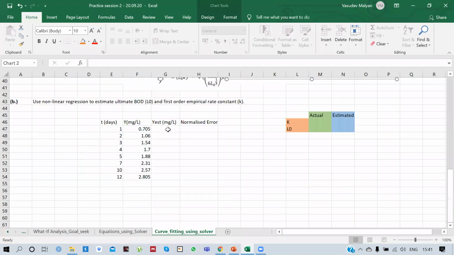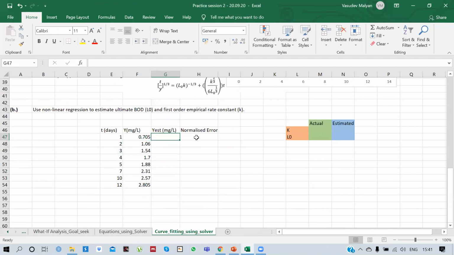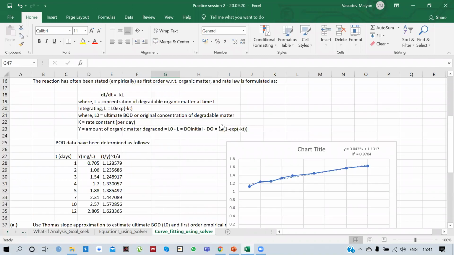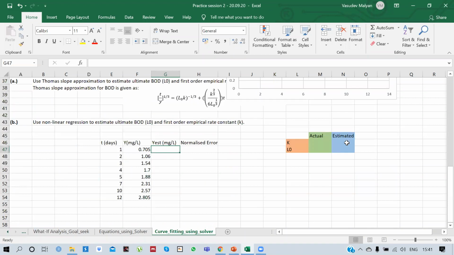So you can estimate this Y using this equation, but you need some value of L naught and K to start with. So we will start with K as 0.3 and say L naught as 3.